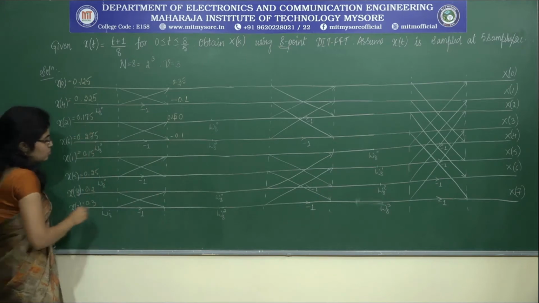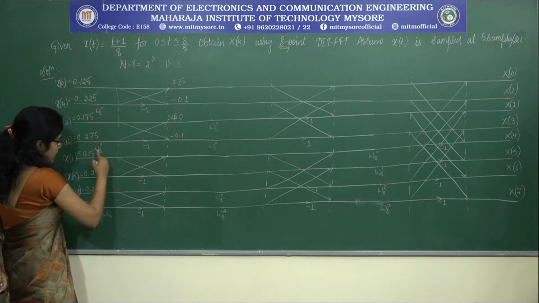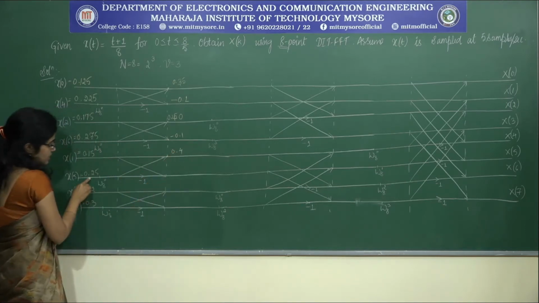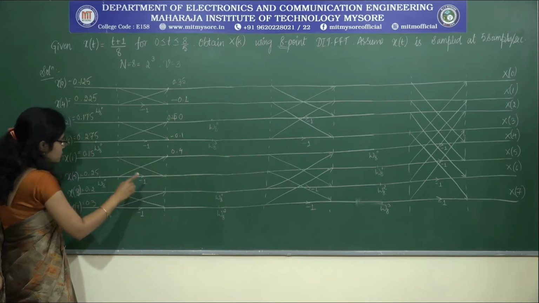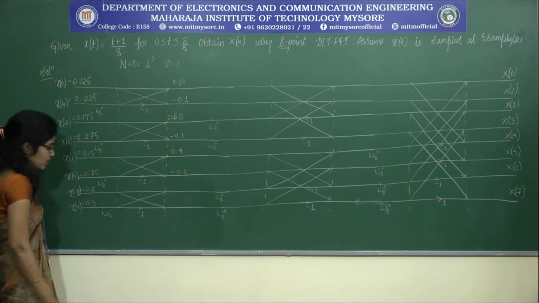If I subtract these two things, at this particular point these two signals are meeting and the value which I am going to get is plus 0.4. This signal is multiplied with minus 1 and here I get it as minus 0.25, and the signal from this branch is 0.15. So here the value is minus 0.1.